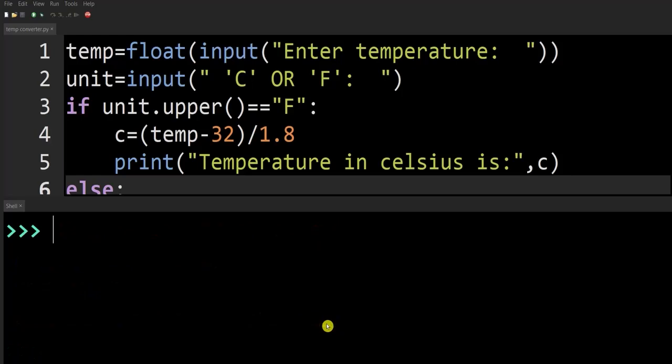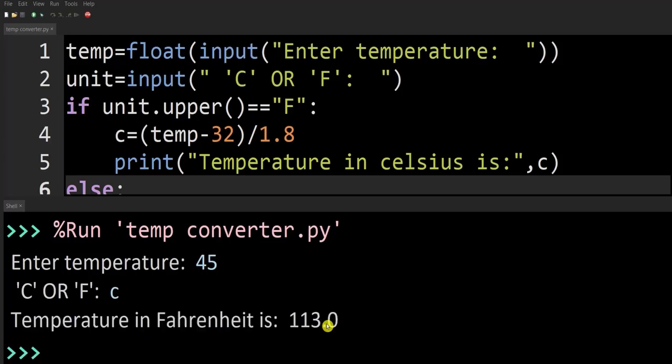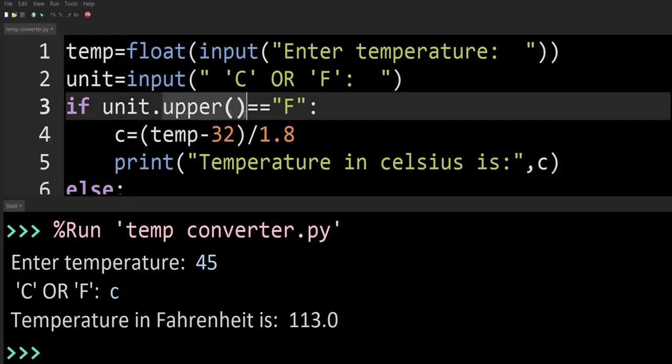Let's execute this code one more time. Enter temperature 45. Now if I press small c, for 45 degrees Celsius, again it will return temperature in Fahrenheit is 113. Why? Because we have used the dot upper function in the program that converts the character given by the user into uppercase. It checks whether the temperature is in Celsius or in Fahrenheit, and then the conversion is performed.